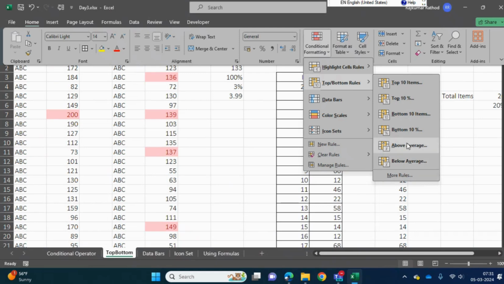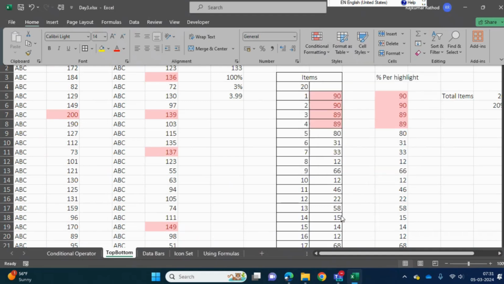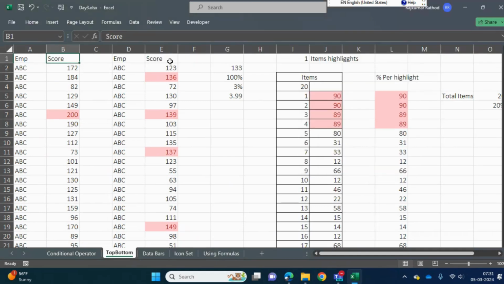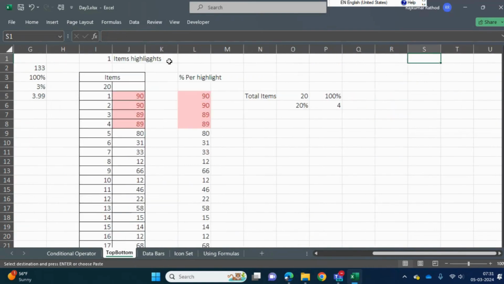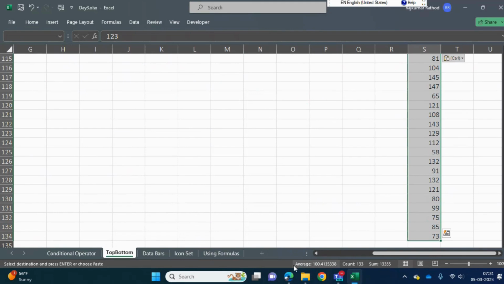So how do above average and below average calculate? When I'm selecting this particular range, for example, and you see here the average is 100.41. So when I say above average, whatever is greater than 100.41 will get highlighted. When I say below average,